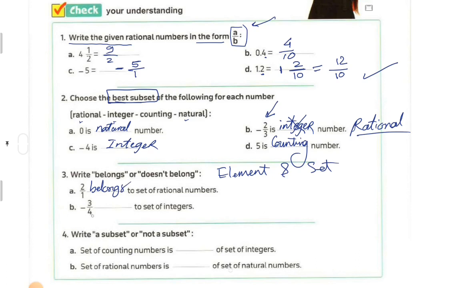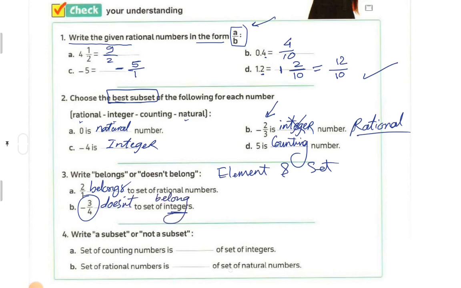Negative 3 over 4 to set of integer. Note, it's a fraction. Of course, it's a negative, but it's a fraction. Integer doesn't have any fractions. Okay? So, it doesn't belong